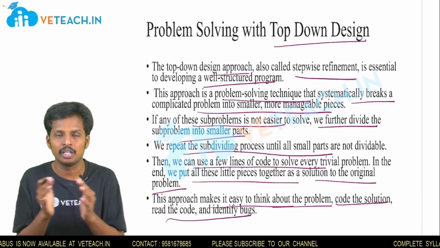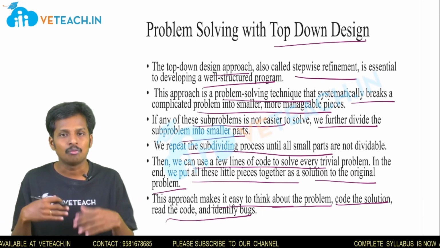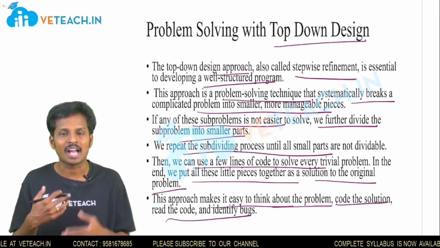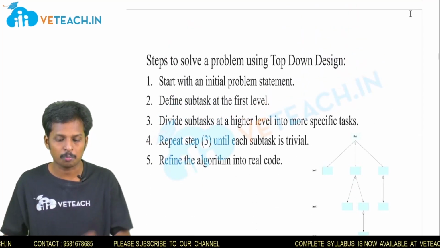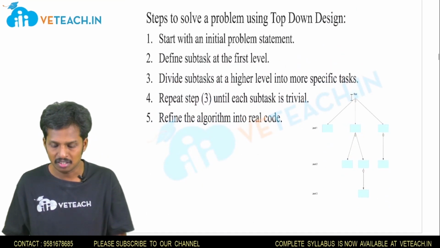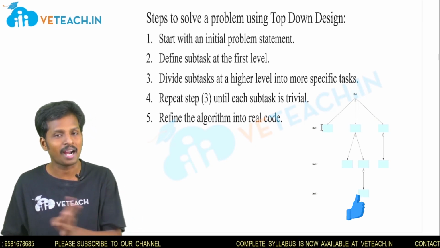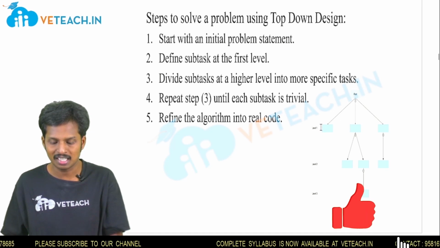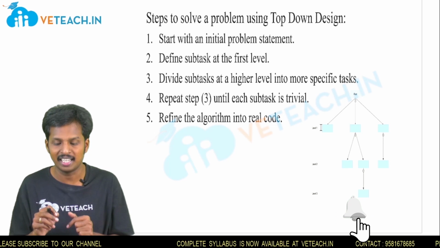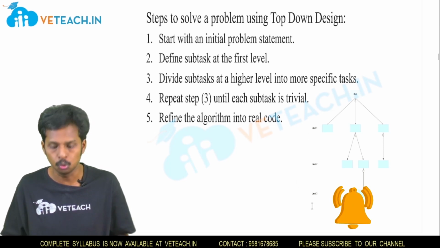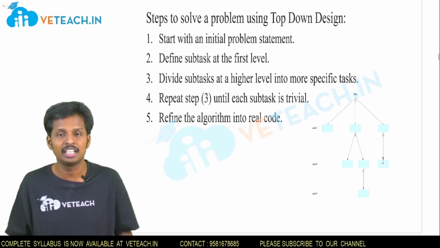So in this way, we subdivide a task into submodules, and then we apply the same approach until a module cannot be further divided. So let's see what the steps are in this top-down design approach. If we see a flowchart for this, on the top we have a root which is divided into three parts in level 1. In level 1, the first module cannot be further divided, but the second module can be further divided into two different tasks at the next level, and the third module is also further divided into one module.